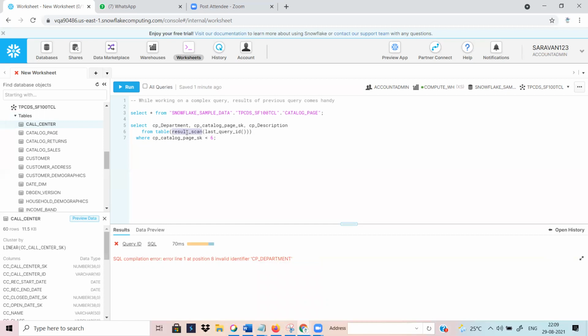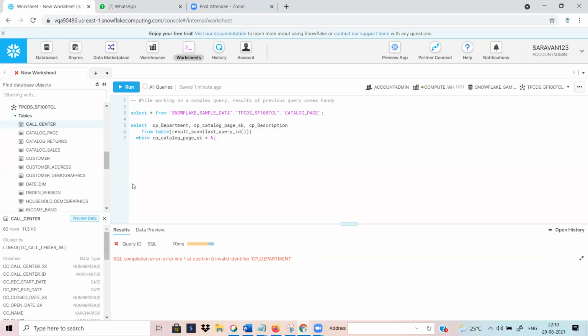Suppose you want to get the data from the result cache, you need to pass a result scan, and in the result scan you need to pass your query ID. You need to fetch the condition. You can get it from that. If the query is modified or not, it's not a problem. So just you know that, but it's not used in real time.